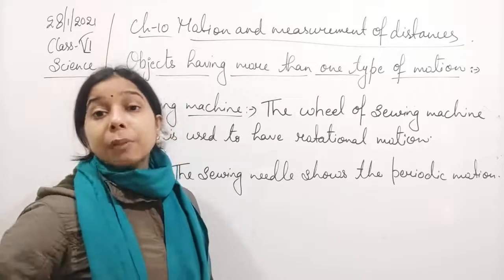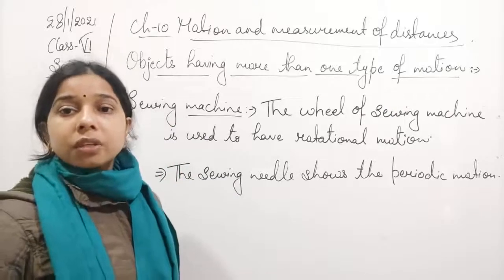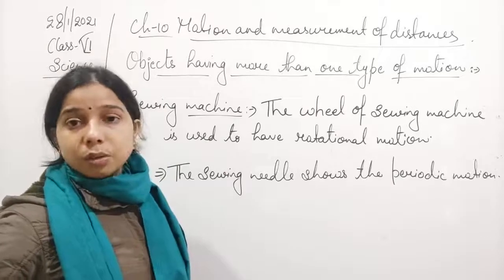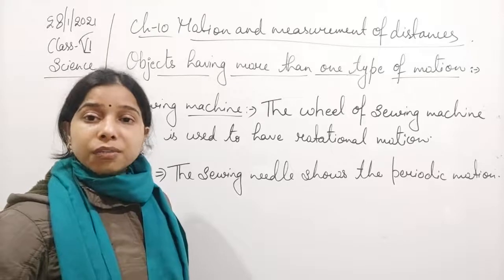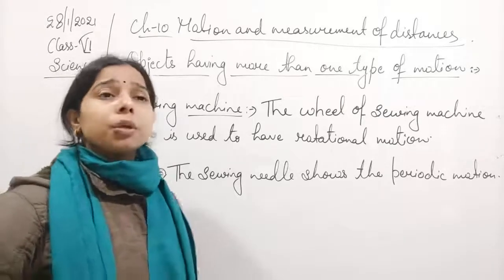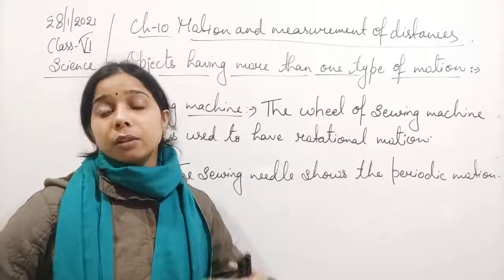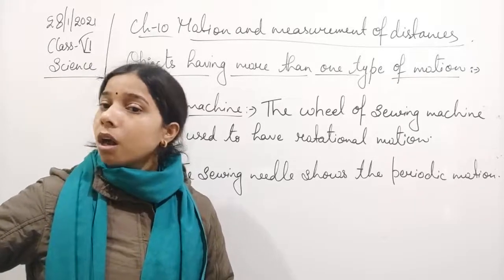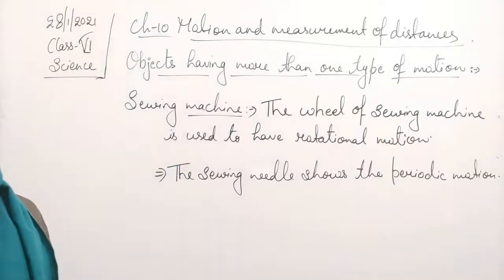It can be three, it can be rotational, circular, as well as periodic motion. It can be periodic or rotational. It can be rectilinear or circular. So it totally depends upon the movement of the object, what different kinds of motion are shown by them. This is only the four examples, students. You can take any example of a moving body and conclude what kind of motion is shown by that particular object. So this was about the different types of motion.